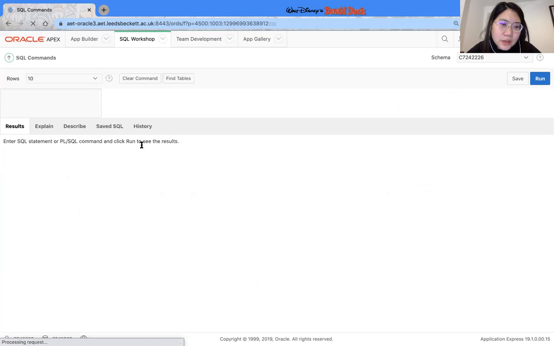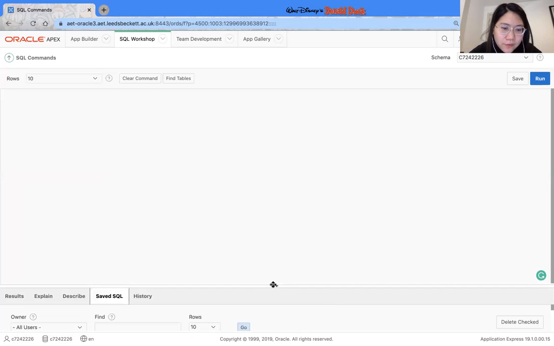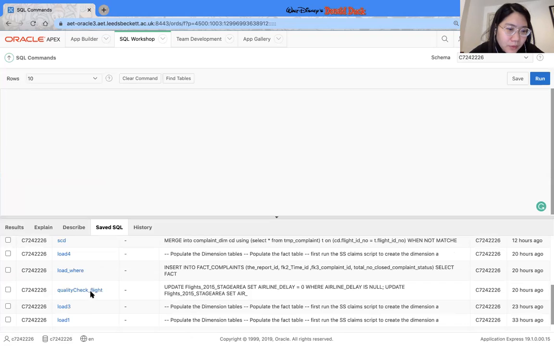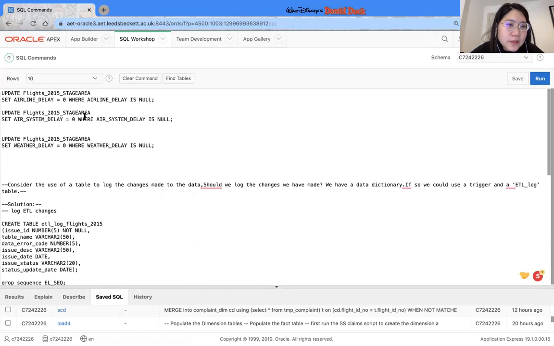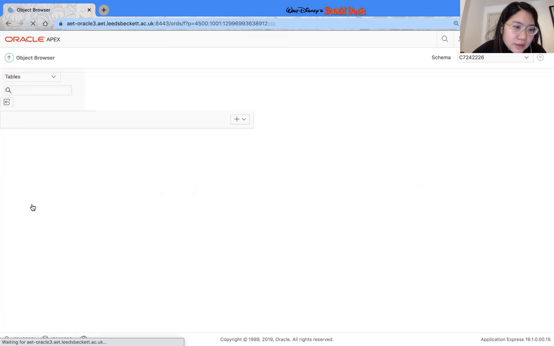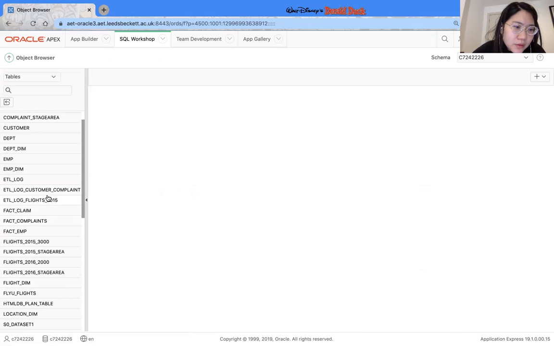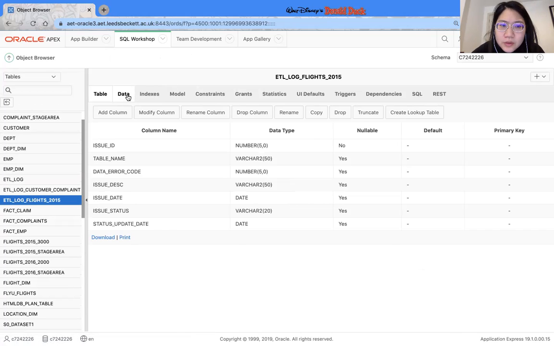You can see here I got code for flight too. Here's the quality check for flight. So firstly, as I said, those zero things mean no. Before, you can see those data,